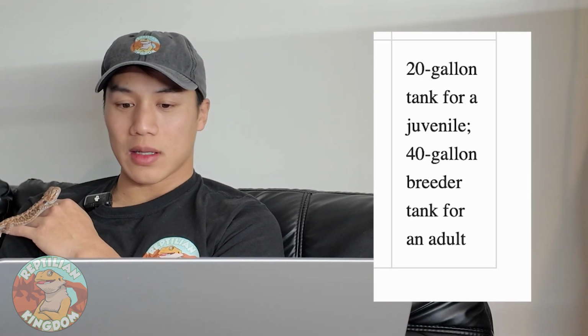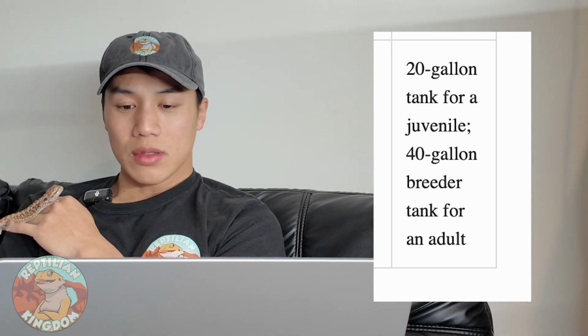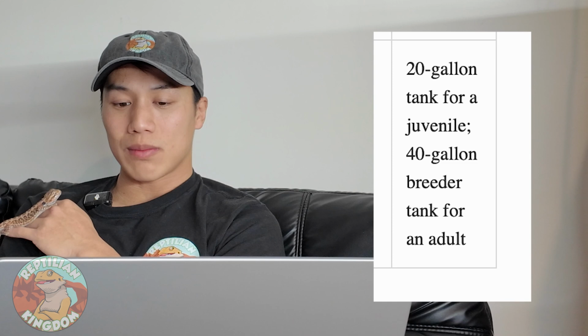Minimum habitat size. Oh, this is a big one for me because I fell for this one. 20-gallon tank for juvenile, 40-gallon breeder tank for adult. So here's the thing. When I bought Charizard, an adult 22-inch bearded dragon, she came with a 40-gallon glass enclosure, which was 36 by 18 by 18, which is not the proper size. The enclosure is not even 2 times the size of the dragon. Yes, you could do that temporarily as you're setting up your bigger tank, but I would not recommend it